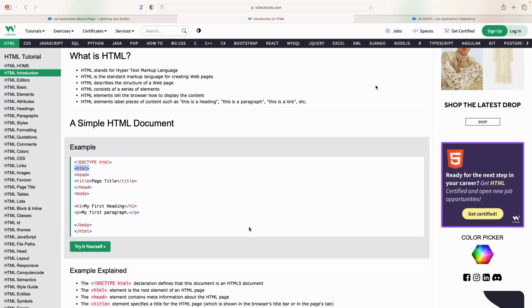If you are going to Lightning component, it will give you some elements. Every Lightning component is a bundle of multiple elements. Each element is for a different purpose. There also we are using HTML directly. Or if you are using a Lightning component related tag, at the end it will be converted into HTML and given to the browser for displaying purposes. So now first try to understand what